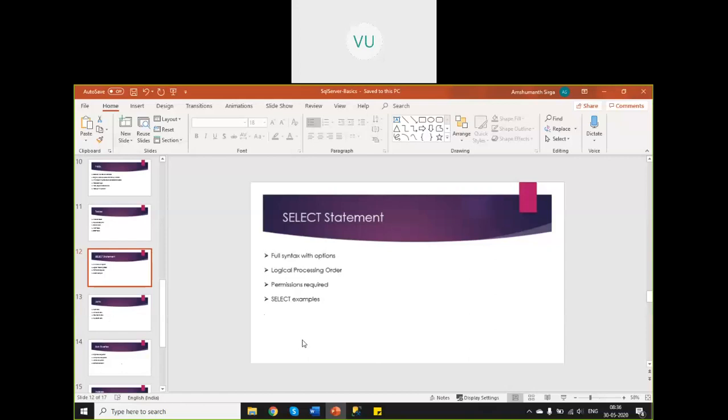Most of the time we end up retrieving the data. Inserting the data is comparatively less frequent, and updating is also less frequent. It's more like retrieving and projecting the data in a particular way as per your dashboard or reporting requirements. So understanding the select statement is very important.